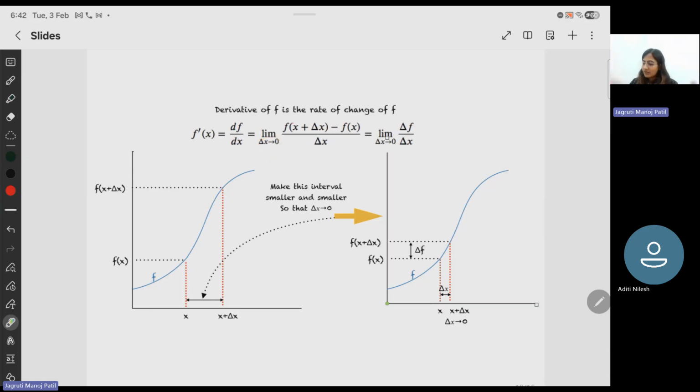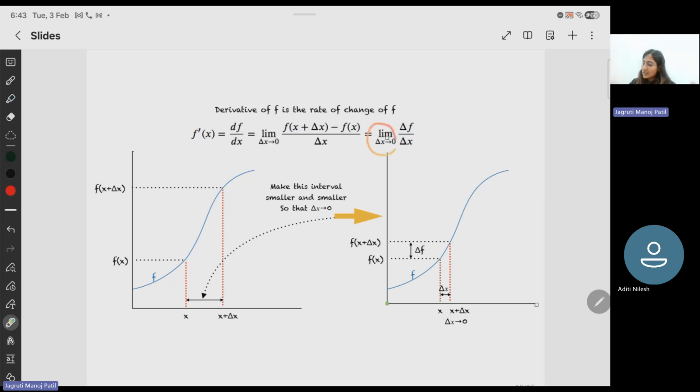So you evaluate the function at these x plus delta x points and then differentiate it with respect to the initial point it was at, right? Now when the limit is higher, you won't get an accurate slope, because now it has this particular trend coming into it. When you make this limit as small as possible, you would be able to extract the slope, right? So when delta x tends to 0,